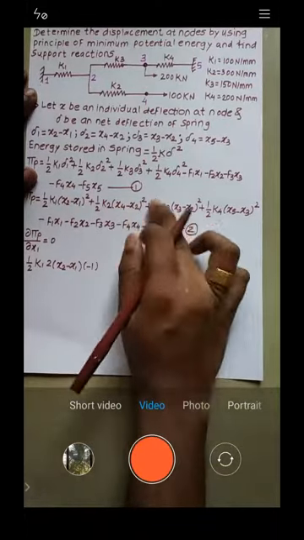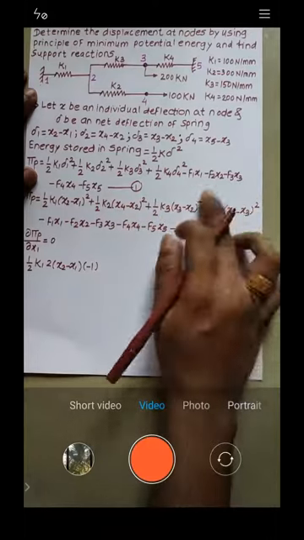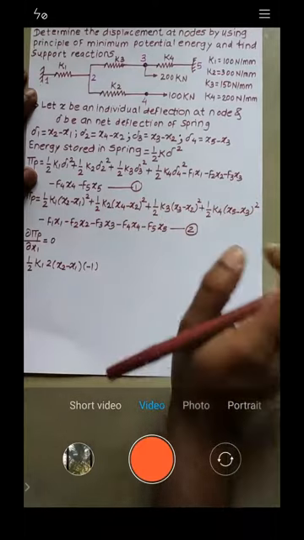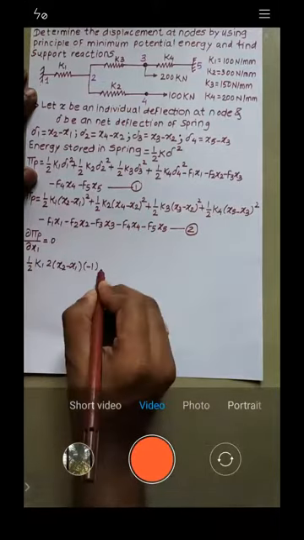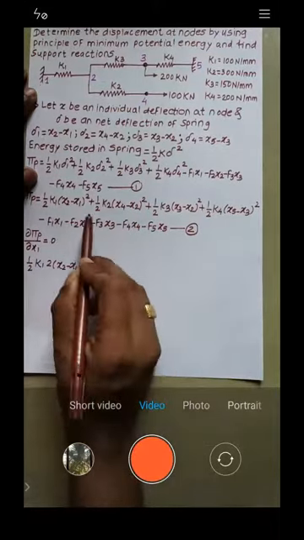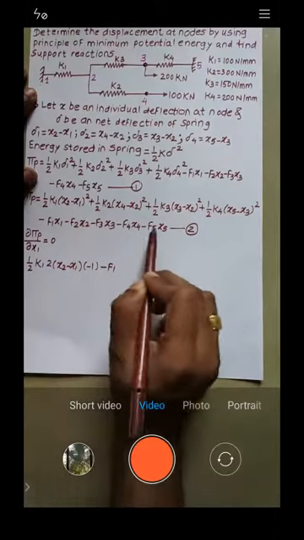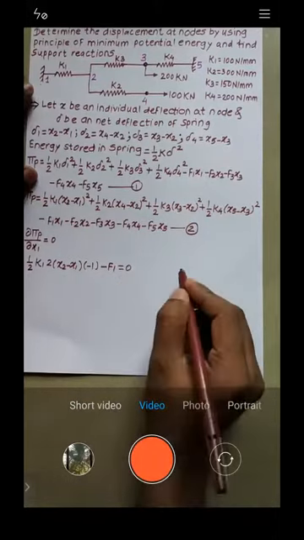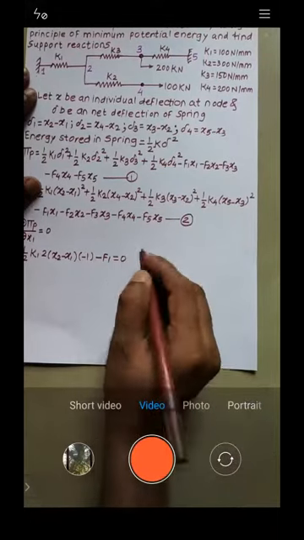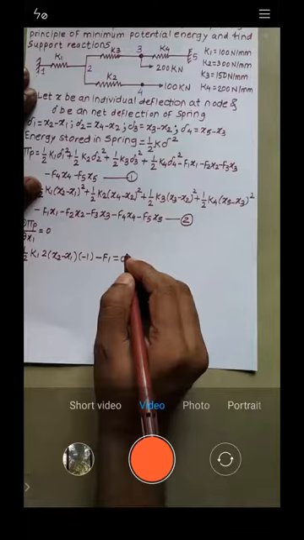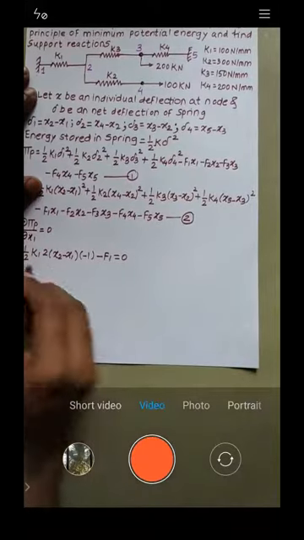0. Here again no x1. This is 0. Here again there is no x1. This is 0. Here you have x1, so this becomes minus f1, right? Here there is no x1, so it is equal to 0. Is it okay? So what do you get from this one? What will we get here? Okay.